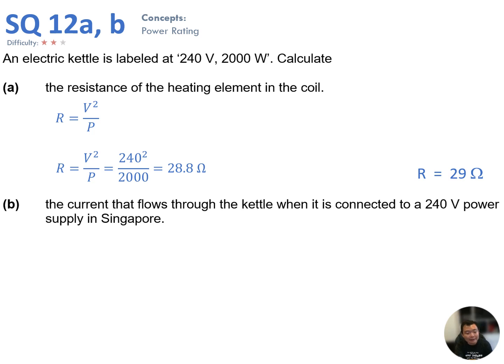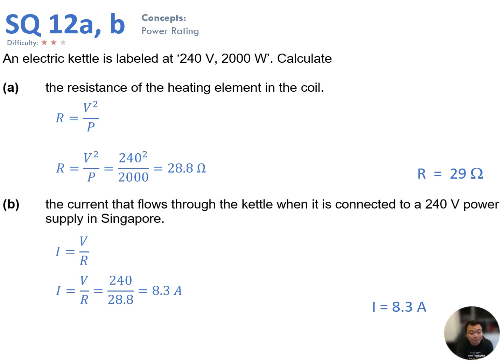when you connect this appliance, this kettle, to 240 volts in Singapore, what is the current flow? So we can easily just use Ohm's law to solve for this to get 8.3 amperes. Now, because the EMF applied to the kettle in part B is also 240 volt, just like what the power rating suggests, you can also use P equals IV, where P equals 2000 watts and the voltage being 240 volts. And from there, you can also determine the current using a different equation, but you get the